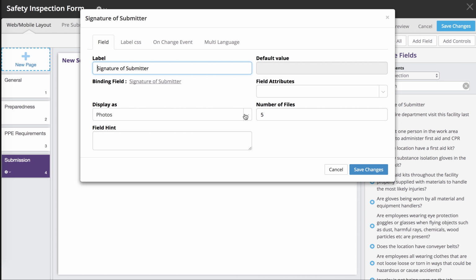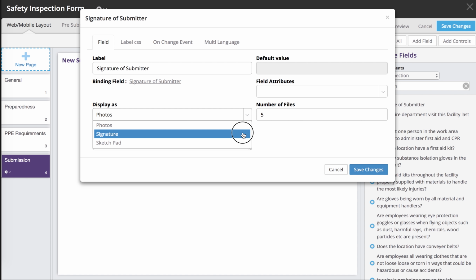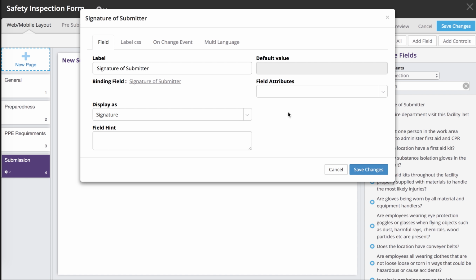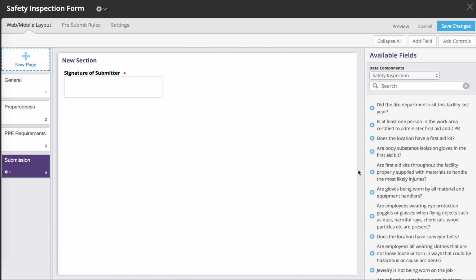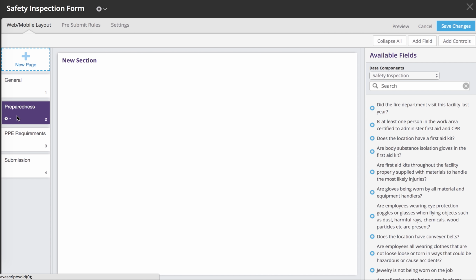And in this pop-up menu, we're going to see a couple of options. The most important one is the display as option. Now, since a signature in its electronic form is essentially a photo, we need to tell Pulpstream what type of image it is. So it's a signature, and we're going to make that required because we want somebody to sign off on it and make it official and legally binding. So we're going to save our changes to that